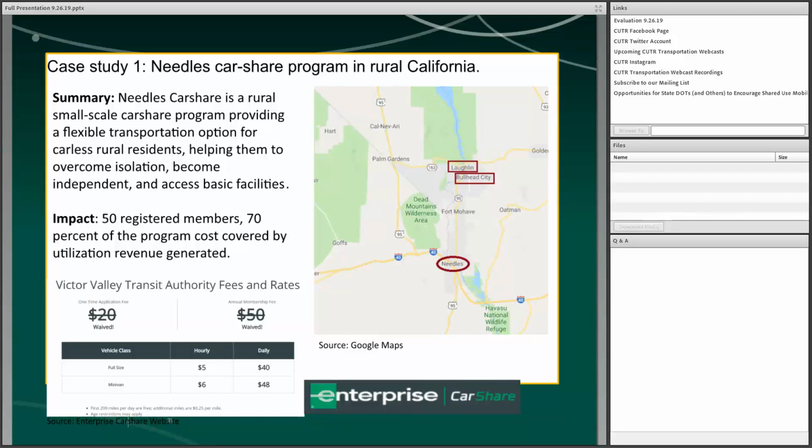The first case study that we conducted is Needles' car share program in rural California. Just to give a brief background about the Needles community, the population is close to 5,000, and a quarter of its population lives below the poverty line, and most of them don't have cars. Due to economic decline, grocery stores were closed, and for Needles residents, most products like fresh produce and groceries, as well as medical facilities and other essential services, are located in two nearby cities, Laughlin, Nevada, and Bullhead, Arizona, which are approximately 25 miles from Needles, like the Google Maps picture shown here.